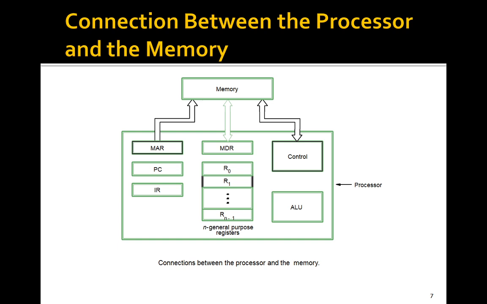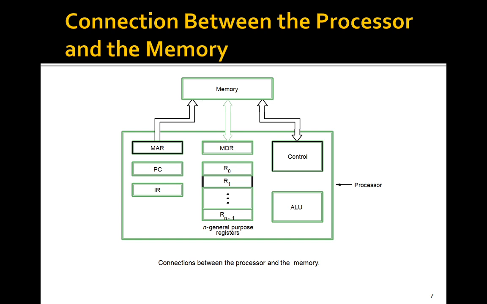Now let us understand the connection between memory and the processor. This figure shows the connection between the processor and the memory. The transfers between the memory and the processor will be started by sending the address of the memory location that is going to be accessed to the memory unit, and then issuing the appropriate control signal, whether it is a read signal or a write signal. So this data will then be transferred to or from the memory.